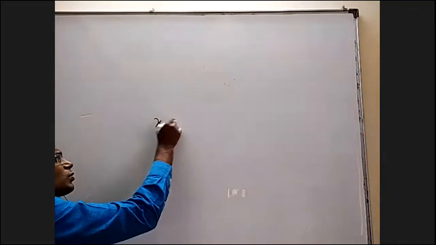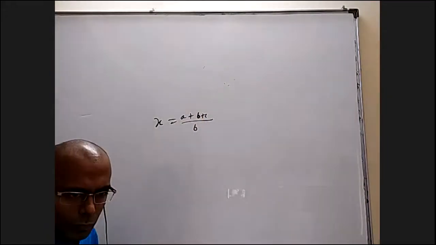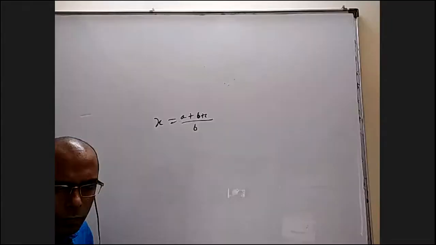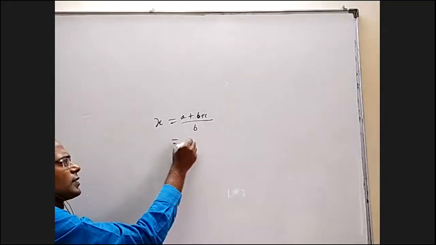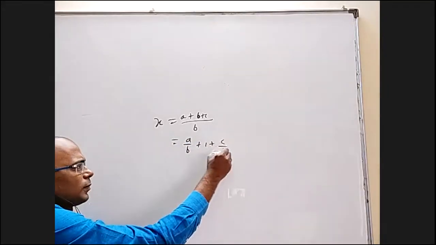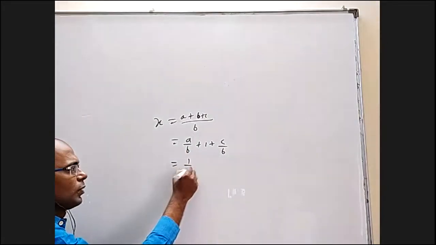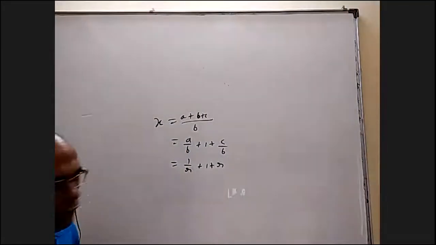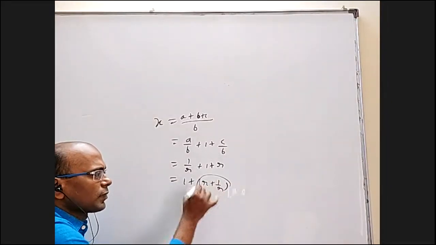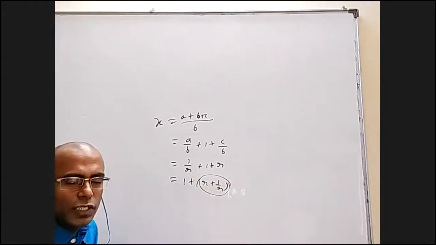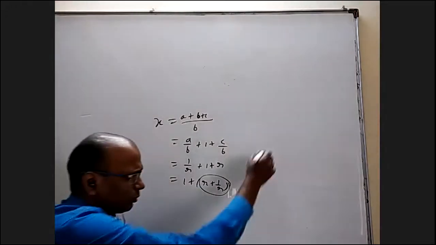Okay, basically x is equal to (A plus B plus C) by B. Now, when you open this, this is A by B plus 1 plus C by B. This is a common ratio. This is a reciprocal common ratio. So 1 by r plus 1 plus r, that is 1 plus r plus 1 by r. You know, something plus 1 by something. When r is positive, the range is 2 to infinity. When it is negative, it is minus infinity to minus 2.